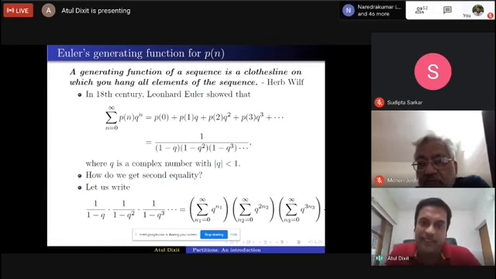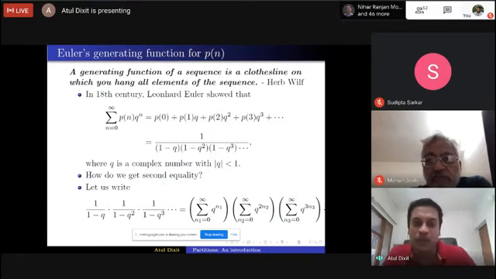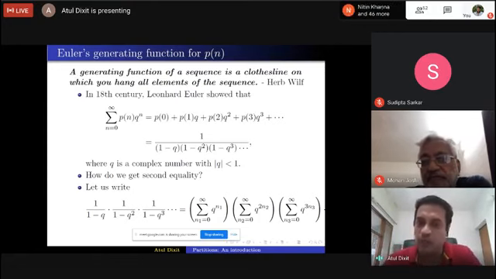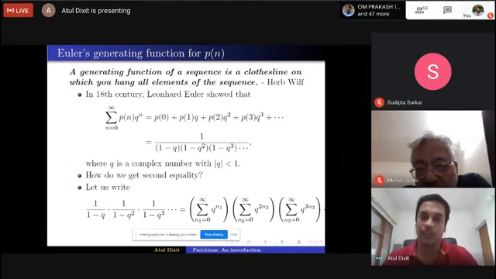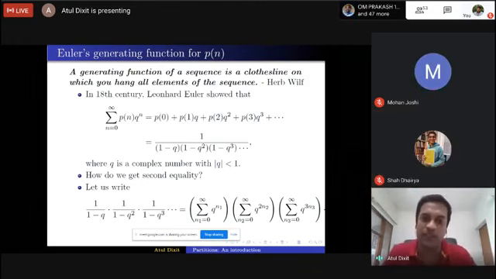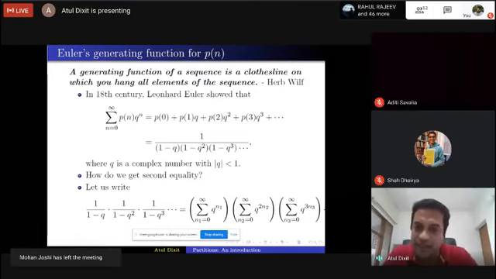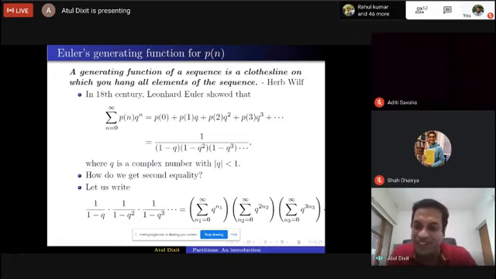So I start with the right-hand side, this infinite product, and I write it as 1 upon 1 minus q times 1 upon 1 minus q square times 1 upon 1 minus q cube and so on. We have mod q less than 1, so mod q to any power is less than 1. We can expand all of these functions in terms of the geometric series, and that's what you see on the right-hand side. It doesn't end there. Okay, so I write this together